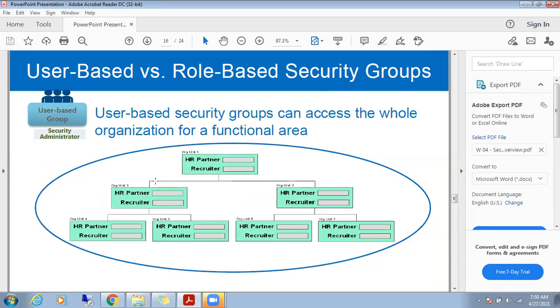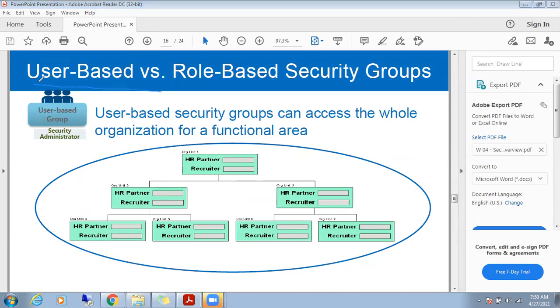Okay. Now, what is the major difference between role-based and user-based security groups? Simple way: by looking at this diagram, you can easily remember. See, guys, you are like an admin. Yes or no? So I told you that user-based means something like admin.